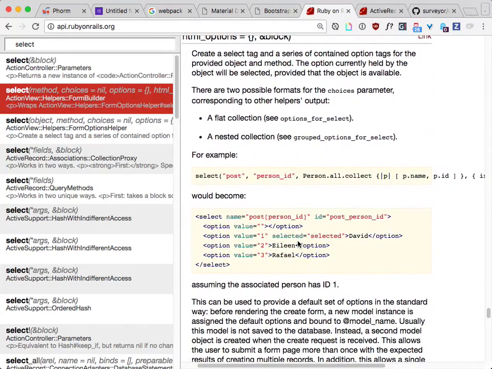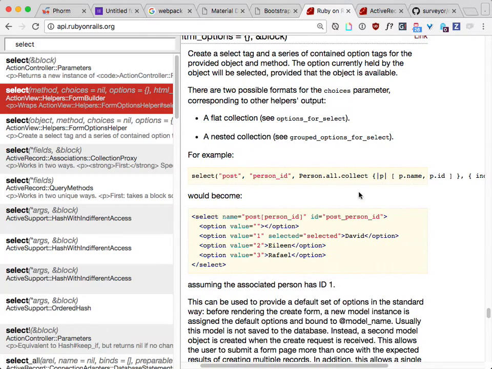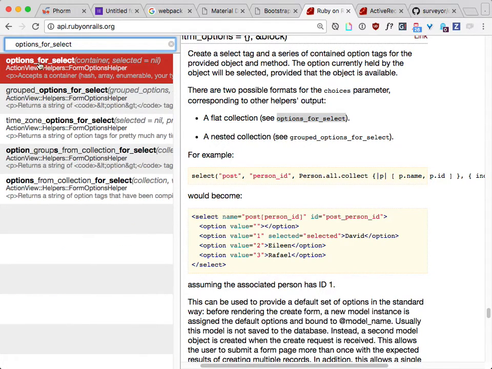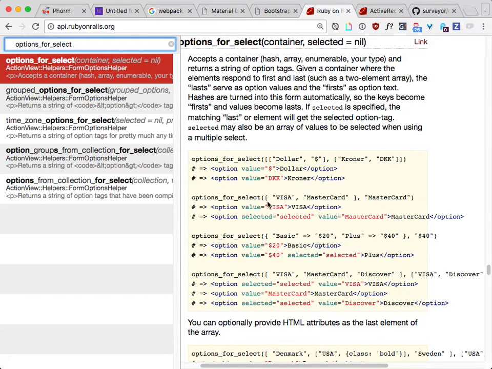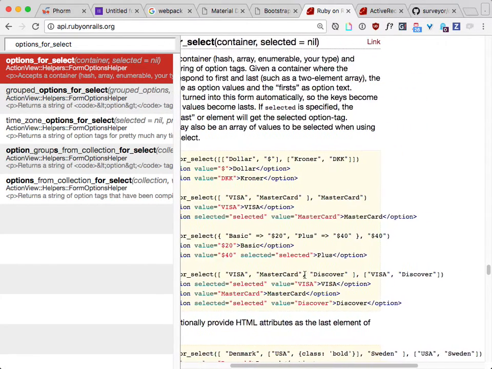Come on, Rails, give me something better than this. You can pass in an array. This is an array of pairs, right? Actually, options for select is something that's called underneath. And you see how these are the values, and this is a pair. So let's say if I have